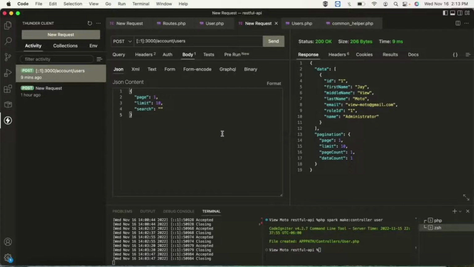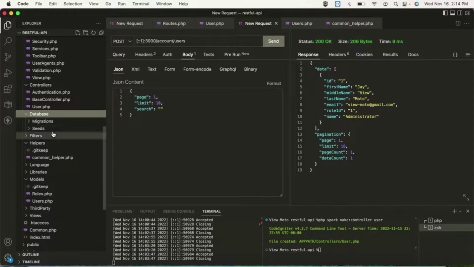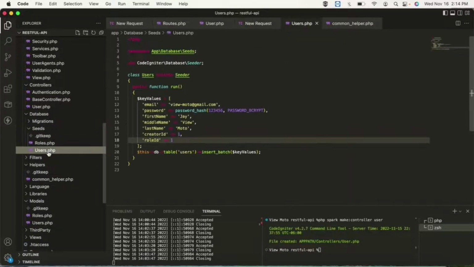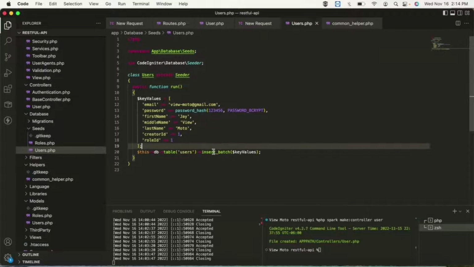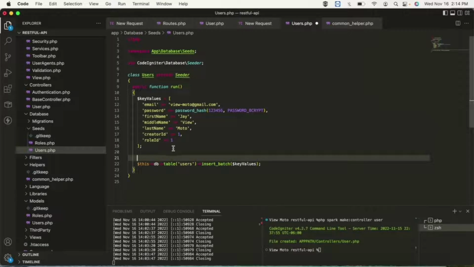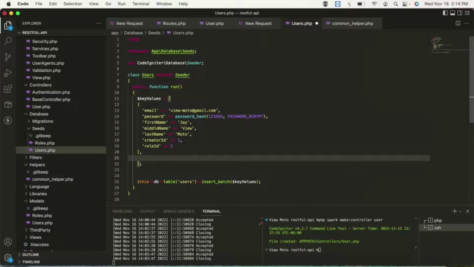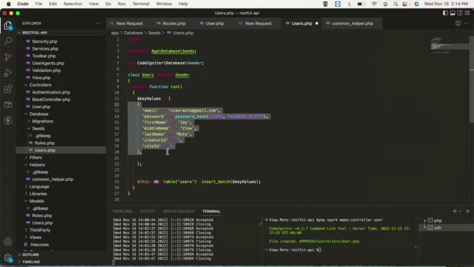So to be able to do that, we are going to modify our seeder in users. Let's go to our database folder and then the seeds folder and then click the users. Now we're going to insert batch for this function so that multiple data will be inserted in our users table. So let's put another array here and then break the line, and then another array, and then semicolon, and then break the line, and then comma, and then let's copy this one and then paste it here